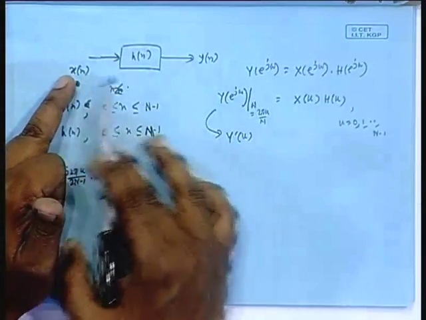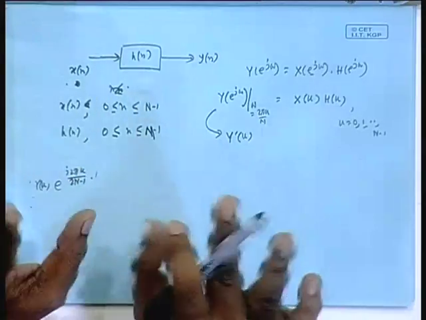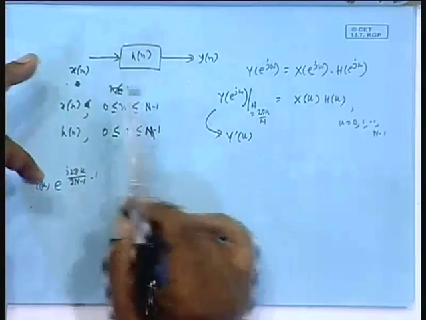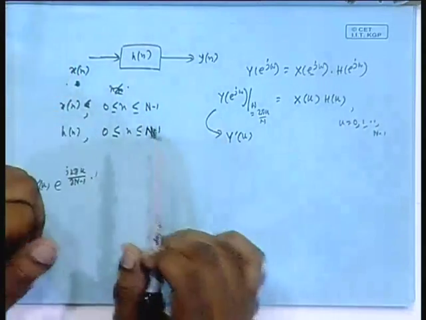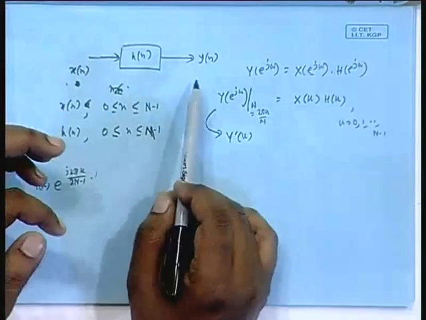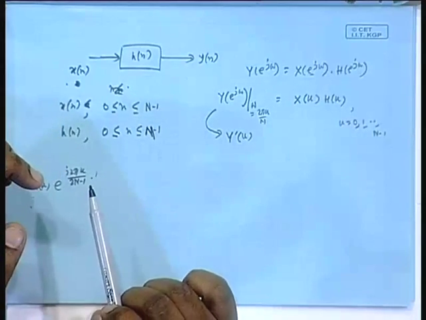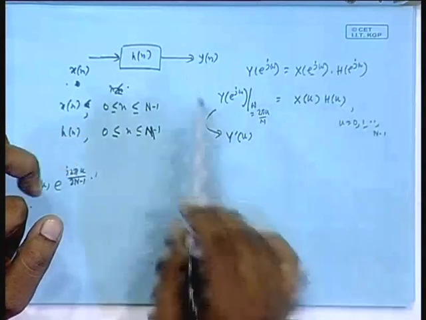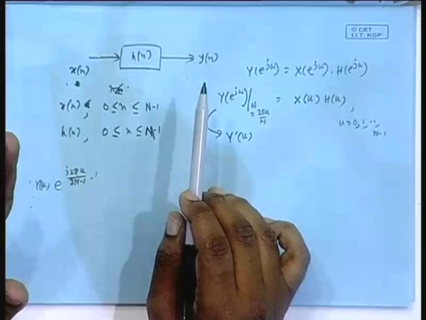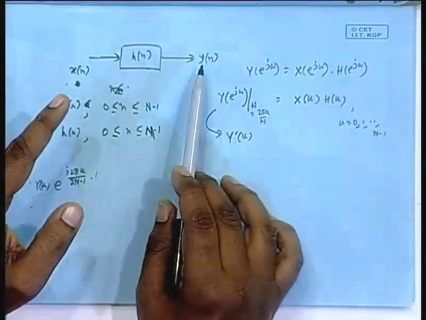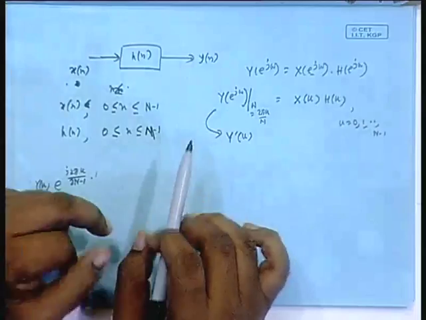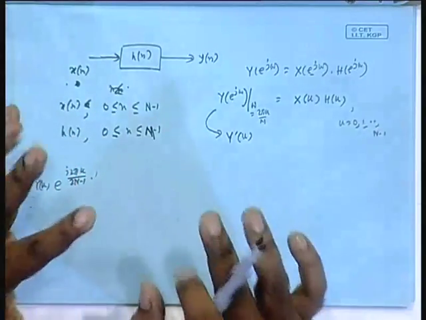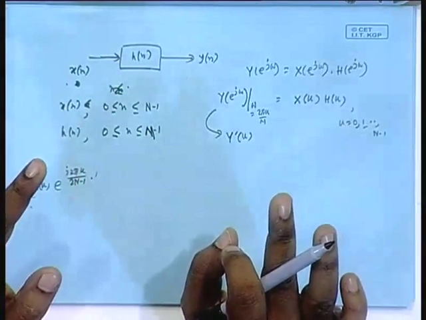y[n] is obtained by linear convolution between x[n] and h[n]. You all know linear convolution, graphical way of doing it. Please don't ask me to do that. What I get will have not only the linear convolution, there will be another component which is the error component. We will see. Together will be the total. This, the way it is generated, that is 2 DFTs multiplied and taking inverse DFT, is called circular convolution or periodic convolution, which will have a component of linear convolution plus an erroneous component. I have to then do some manipulations to remove that component, to make sure that extra component is 0.